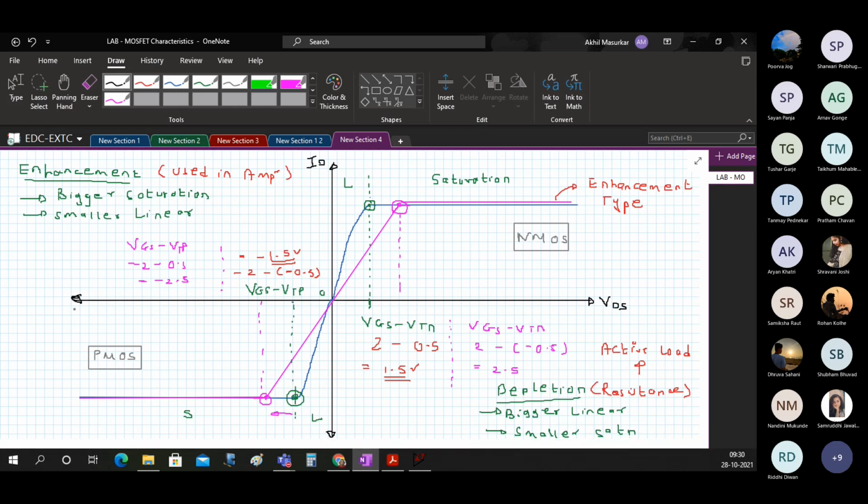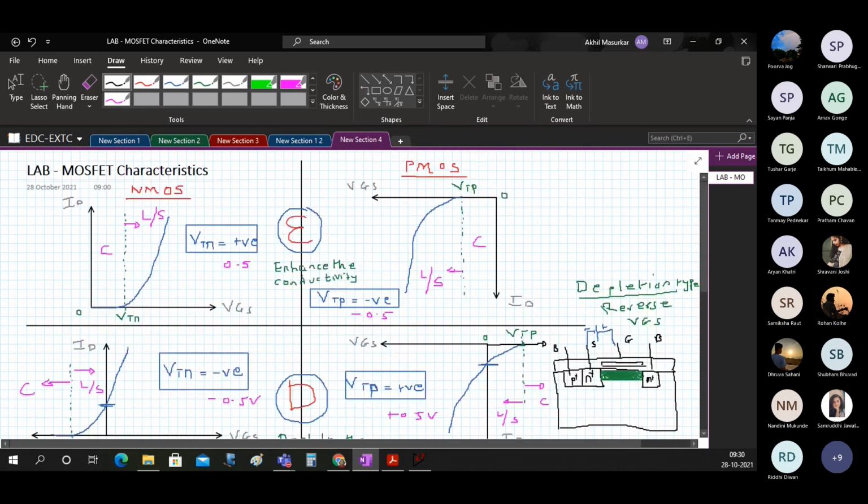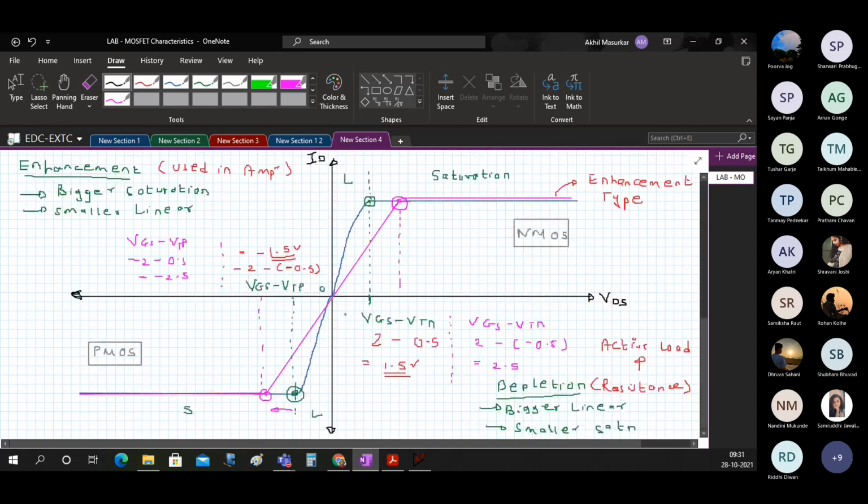We will logically understand where these things are used, and since our course is focusing on amplifier, we will focus on enhancement type MOSFETs only, and that makes our discussion even easier. For enhancement type NMOS, threshold voltage is positive, and for enhancement type PMOS, threshold voltage is negative. So that's what you have to remember.